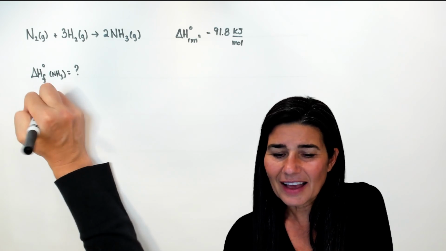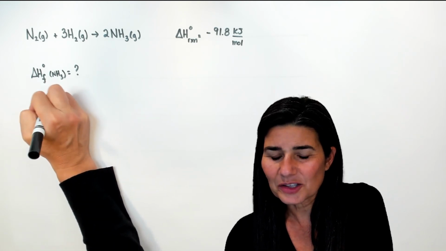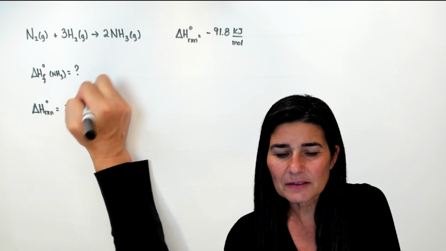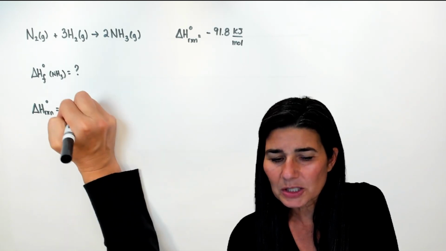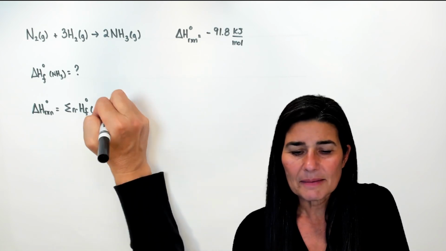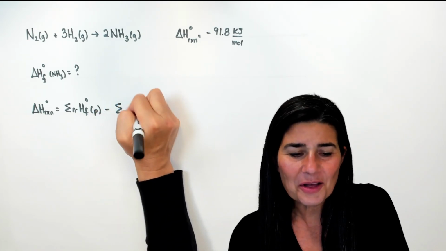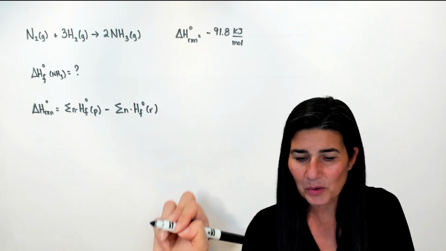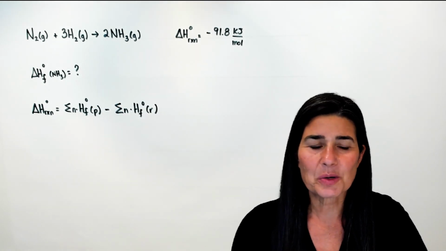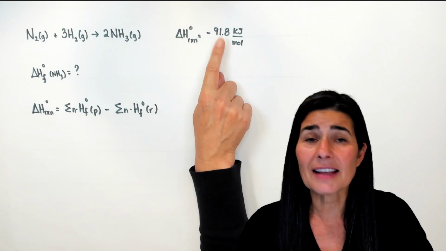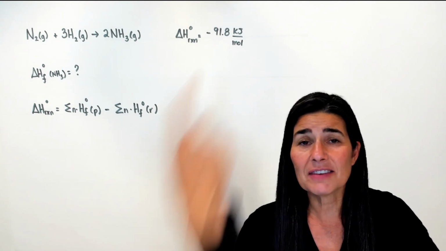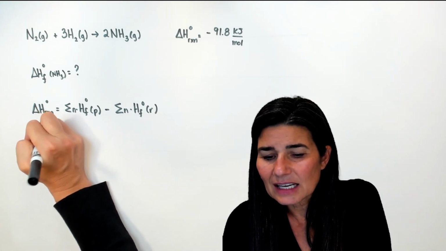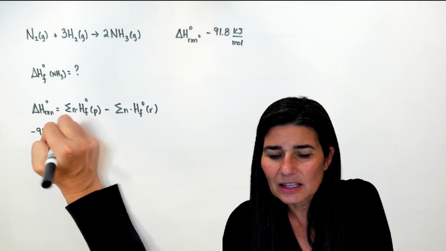The overall enthalpy change for this reaction under standard conditions is the sum of all the heats of formation of my products multiplied by the number of moles, minus the sum of all the enthalpies of formation of my reactants multiplied by the number of moles. Now in this particular question, we have the overall enthalpy of reaction. It's negative 91.8. I'm going to go ahead and substitute that in there right now. Negative 91.8 kilojoules per mole